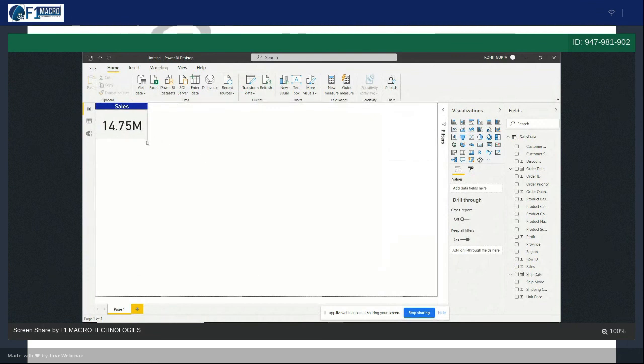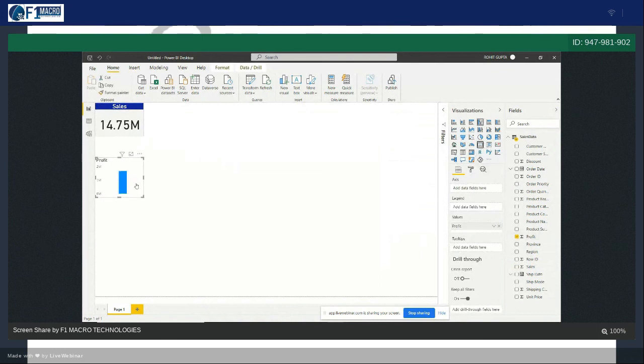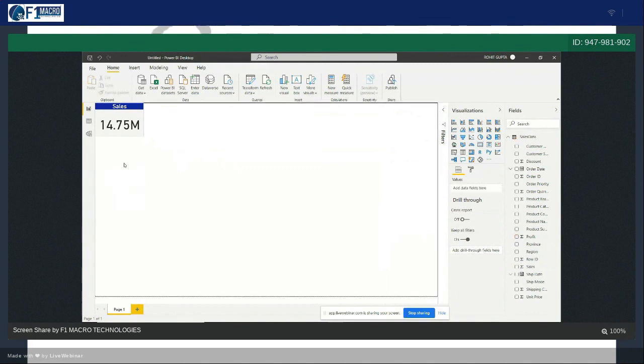You can minimize this visual a bit so that it doesn't occupy much space. You require total profit, so what you have done again is click on total profit and convert this into a card. Again you would do all the formatting. You can follow this step as well, or you can just delete this. You can just copy and paste this visual, so you don't require formatting again and again, and you just need to change the field name only.